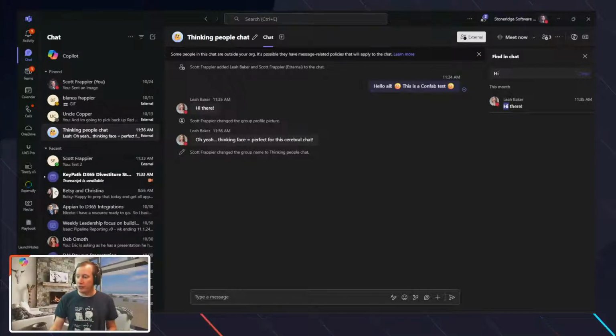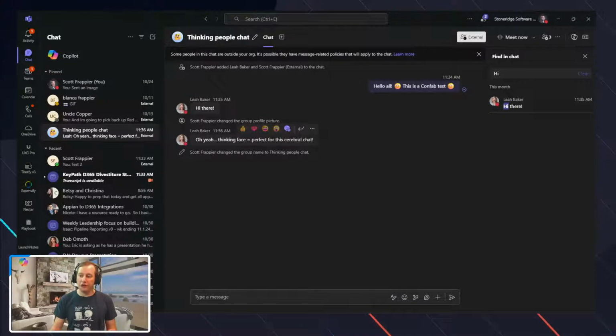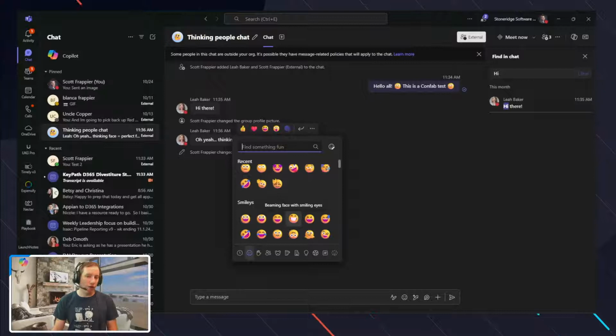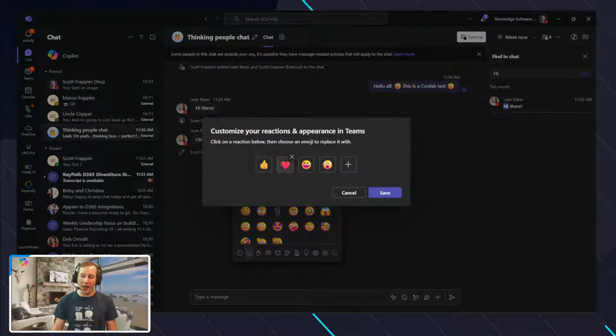So let's keep on going with this chat a little bit more too, because there's other features inside of here that are kind of nice. One of those is, for example, emojis that you can add. As an example here, if you want to react, we all know these features, right? If we've used Messenger or many of the other messaging products that are out there, you can have your thumbs up, your surprise, your laugh, right? Or you can add more reactions that are related to it. But one of the features that you may not know is the fact that you can actually go through and then edit your default reactions inside of here.